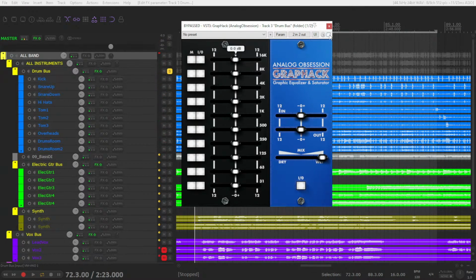Let's add some highs. Okay, not too much. Let's cut some lower mid-range. Okay, if I would want to saturate, for instance, the low end,